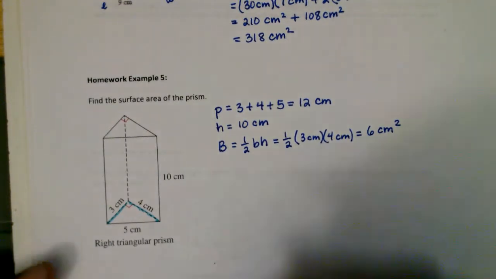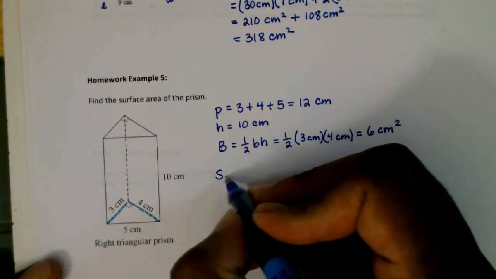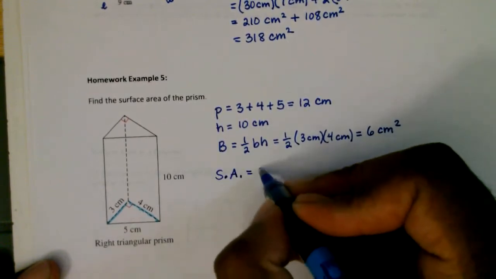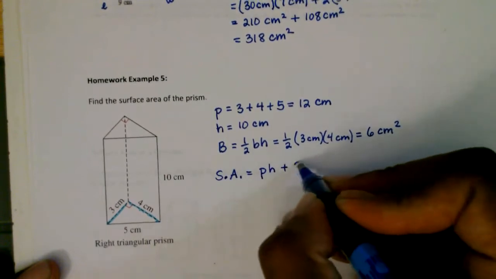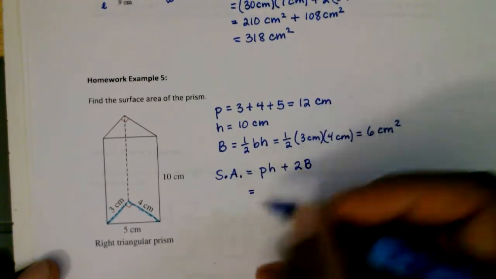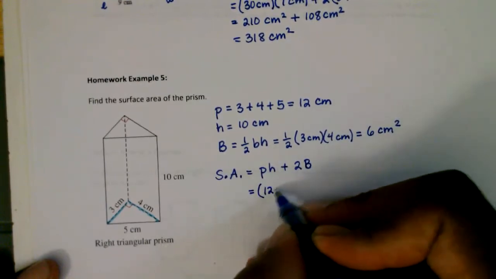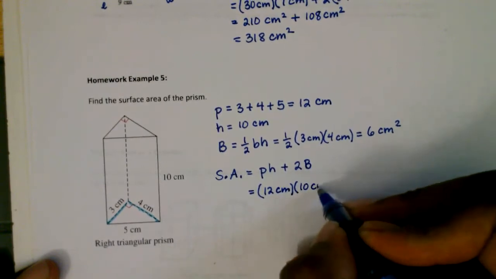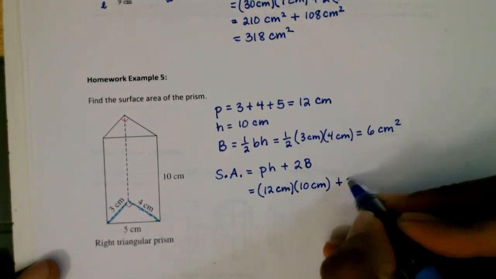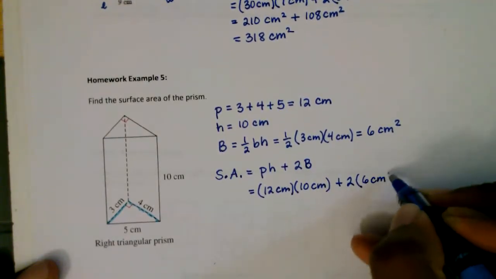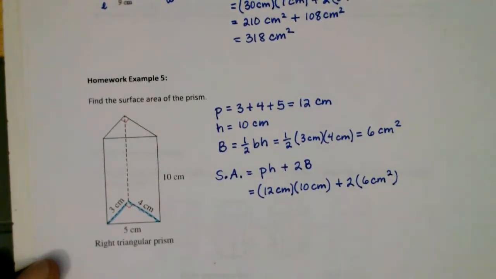And from here, I can find the surface area of that right triangular prism. That's going to be the perimeter times the height plus 2 times the base. And in this case, my perimeter was 12 centimeters times the height, which is 10 centimeters, plus 2 times the base, which is 6 square centimeters. That's the base area of the